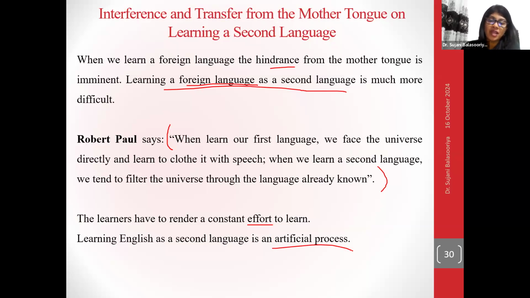First language acquisition happens automatically and naturally. Actually, the infant or the child doesn't have any effort in acquiring the first language or the mother tongue. But in acquiring the second language, definitely we have to have some efforts because we are fighting with the structures, vocabulary, everything of the already existing language in our mind when we try to learn the second language.